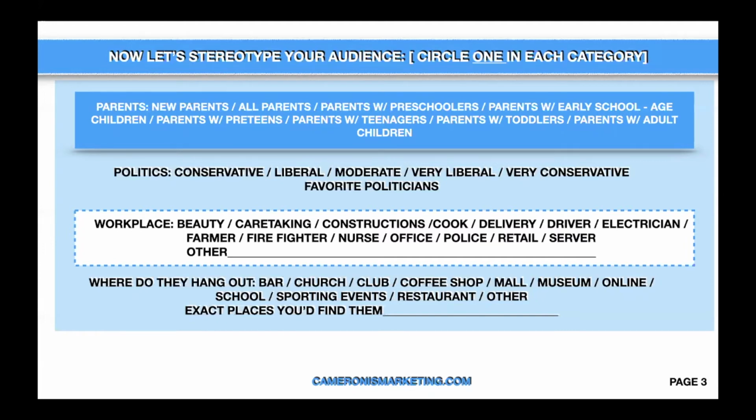But see, when you do these type of things, and like I said, it's not just one avatar and that's it. You're going to have an avatar for male and an avatar for female, depending on your product. You might have a product that's totally for males, and you might have a product that's totally for females. But when you have different avatars with these specific certain things, a parent with adult children, that's one avatar. A parent with toddlers, that's another avatar. A parent with early school age children, that's another avatar. You get what I'm saying? So you can do this multiple times.